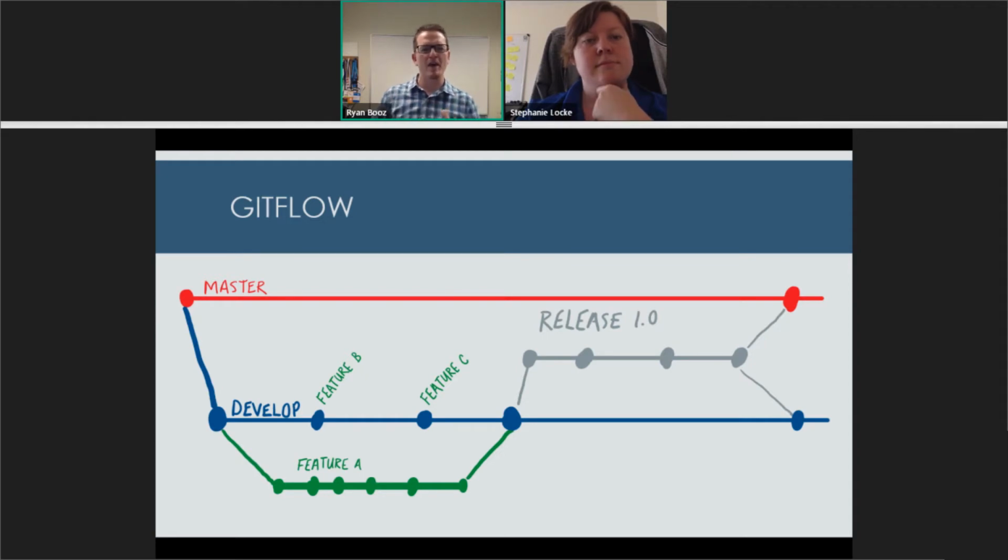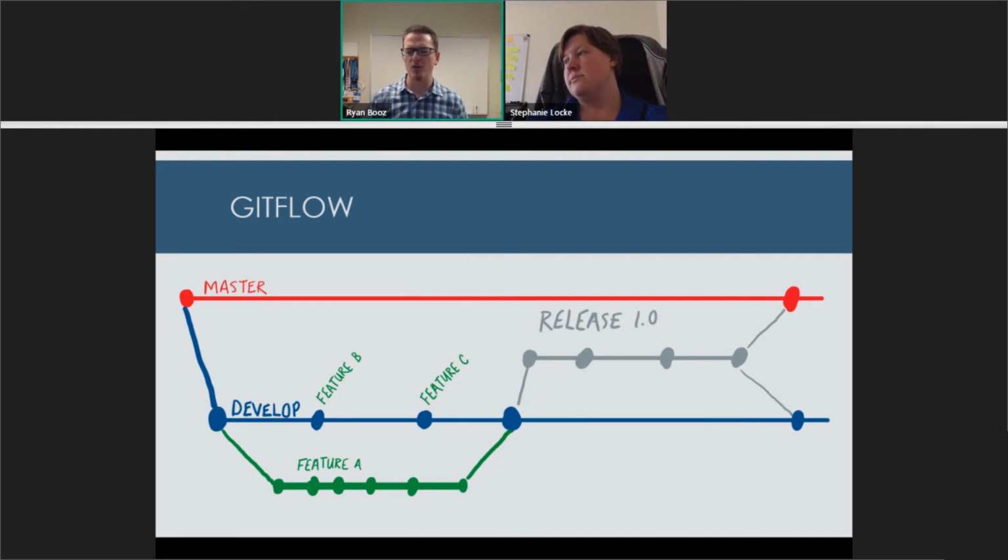Develop is branched off master, and that allows us to do the iterative work on these features. And when we feel like the features are at a place that we can do something with them, we go ahead and create a release branch, do some final work, push that into master and back into develop, and go along. And then these feature branches come off of develop. That's where we as developers are doing our individual work. So, hey, I have a new item, like this great idea. We branch, we iterate. When we think we're ready, we merge it back into develop. That's the integration part. We're continuously integrating it back into that branch so that everyone's work is coming into one place so we can see how it works together. All right. So this is where we're going to focus today.